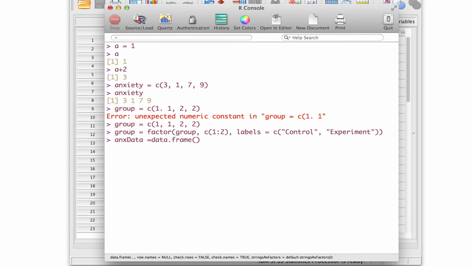So we're going to say each value for the column group is contained within the group variable,